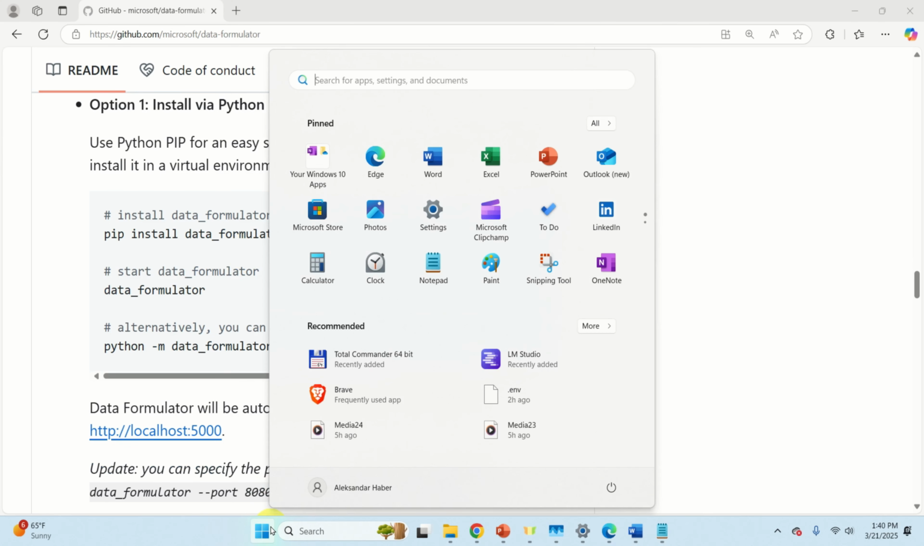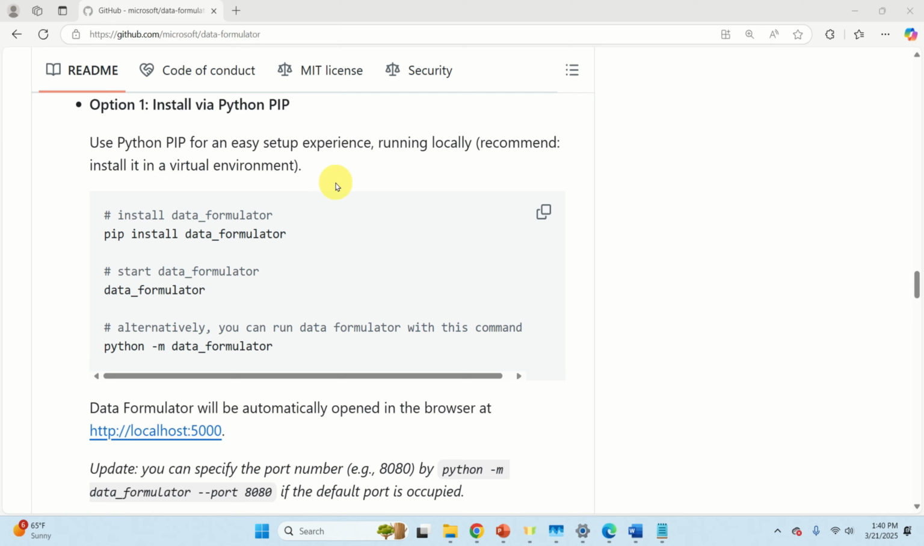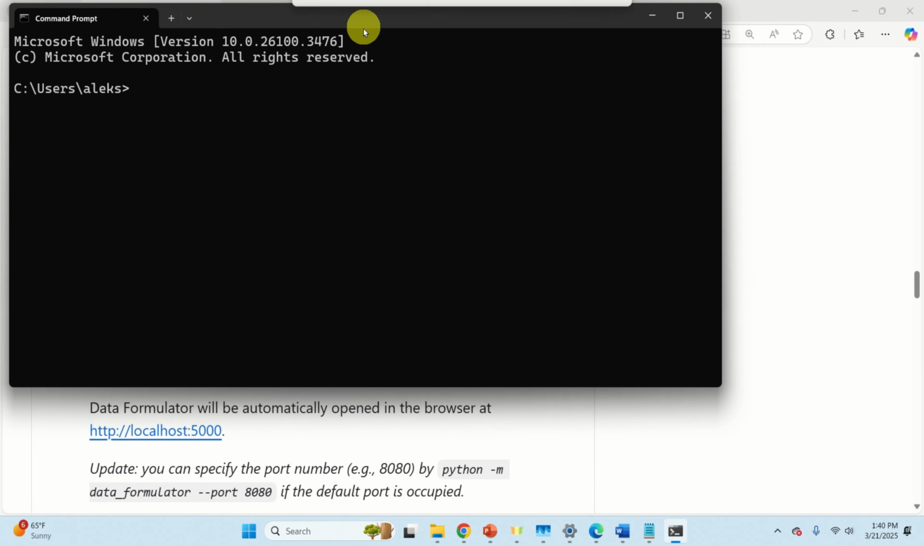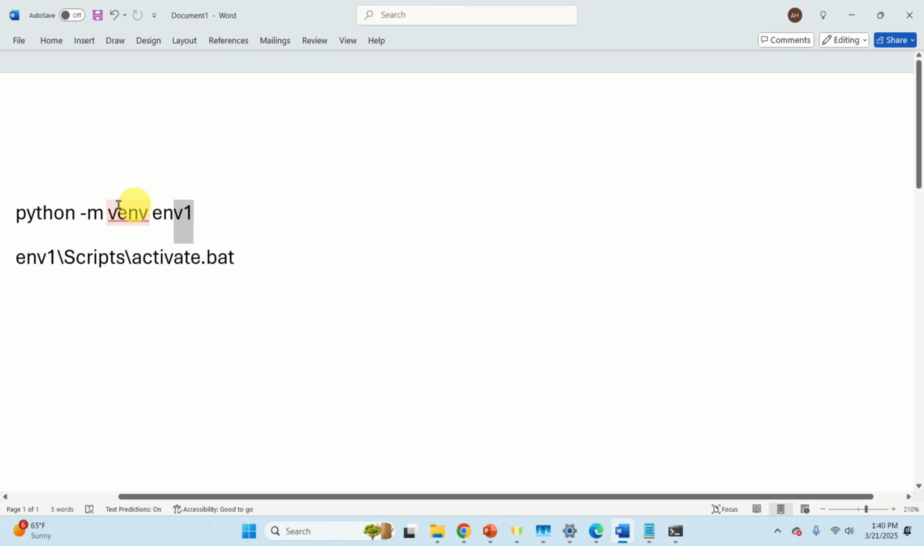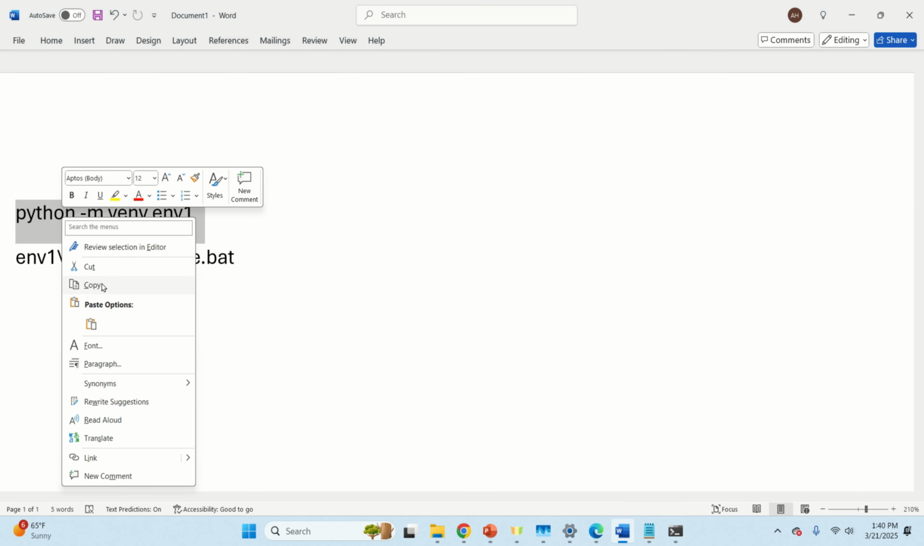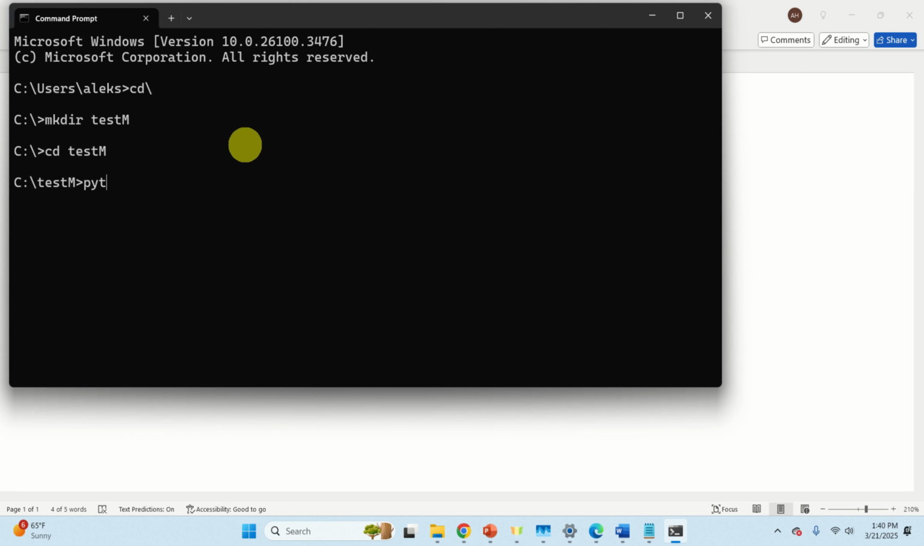First of all, let's start command prompt. And inside of this command prompt, we need to create our workspace folder. So let's go to C drive and let's create a folder called test M. Let's navigate to test M, and inside of this folder we need to create a Python virtual environment. First of all, let's verify the Python version. You can see that I have Python 3.12, and I'm going to create a Python virtual environment inside of this